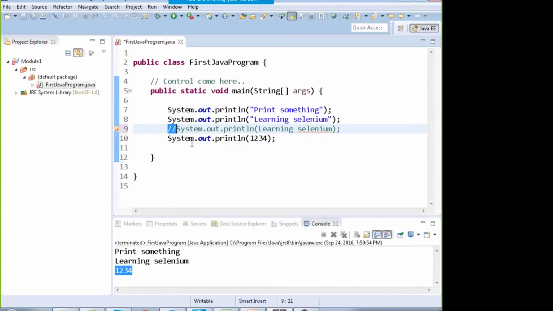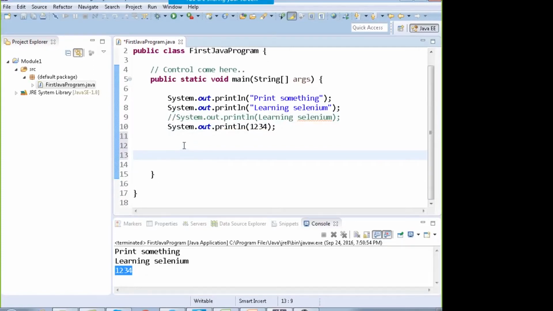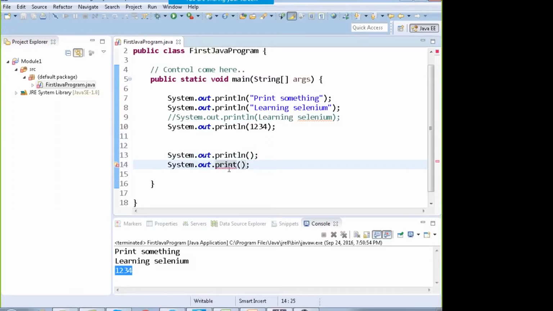Okay, now there are few concepts. For example, if I write over here, suppose System.out.println, and there is one more command known as System.out.print. There is a difference between println and print. Now suppose I write over here, just be with me, System.out.println first line.